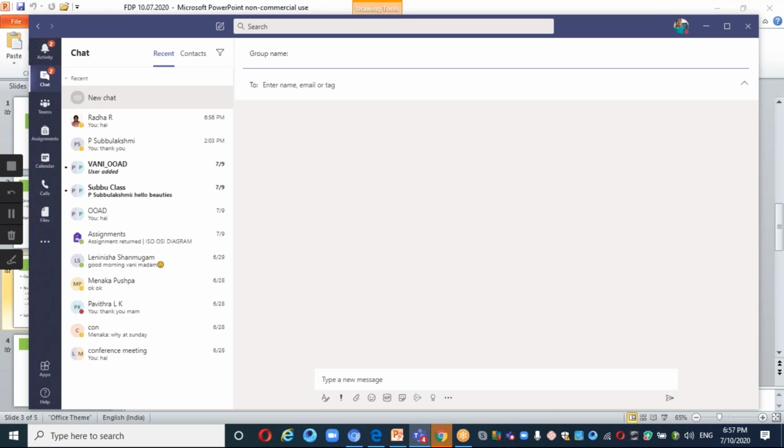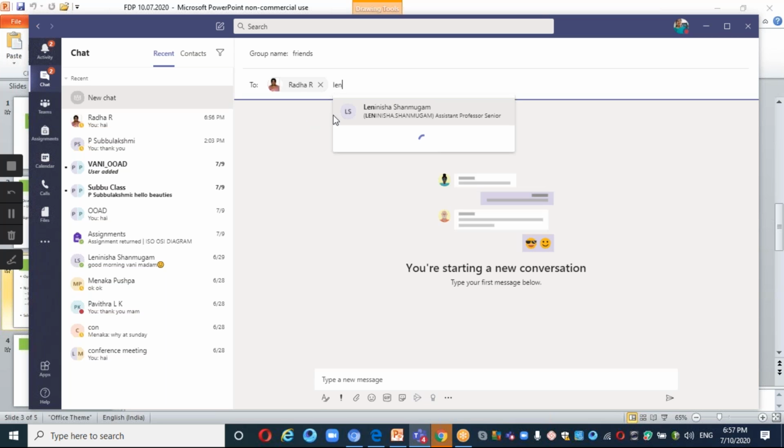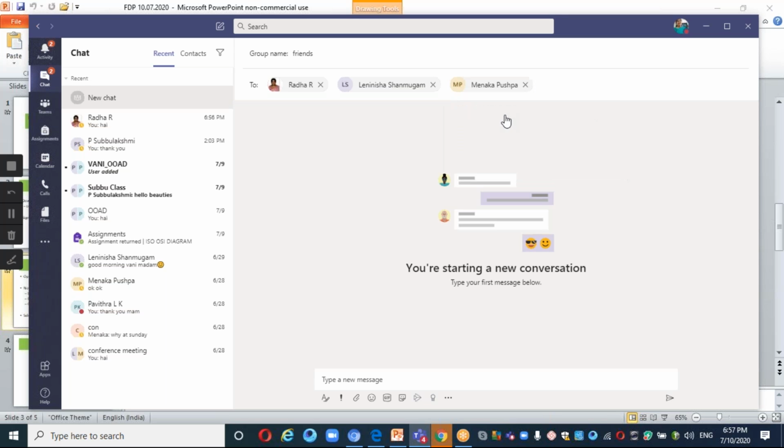Just click there. You can find the group name. Say the group name to be friends. I'll give the group name as friends. I'll have n number of people, like I'll take 3 people now. I want to send a chat message for a group of people at a particular moment of time. How will I send?